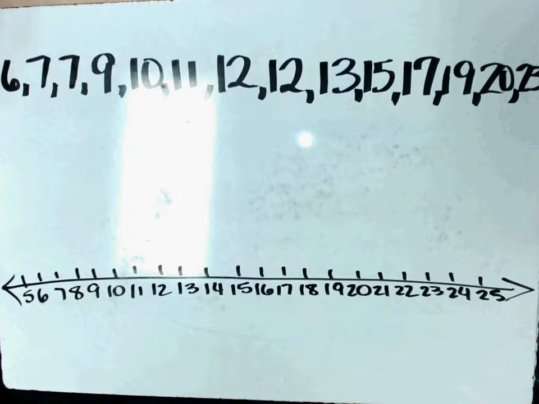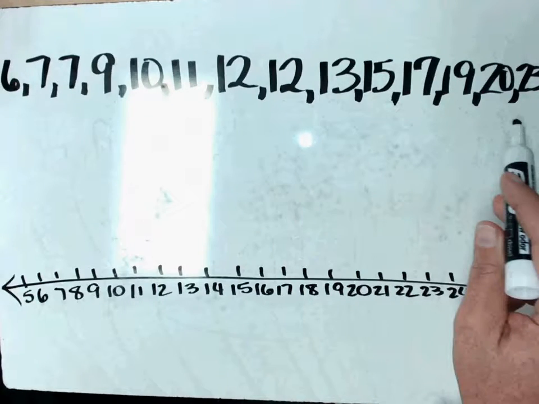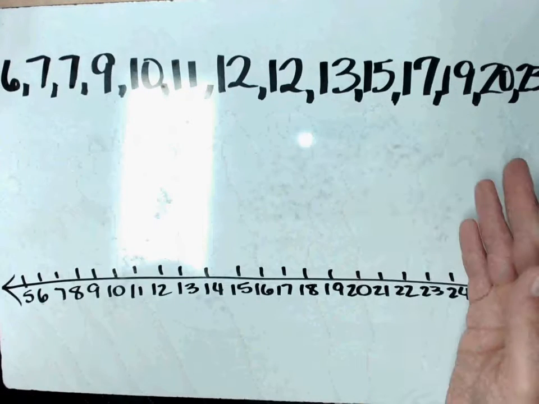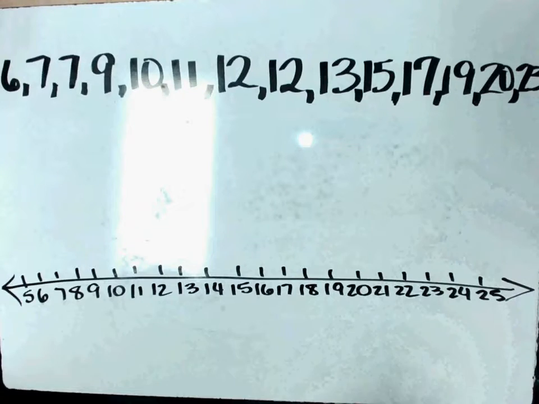To make a box and whisker plot, first you want to take a set of data and put it in order from least to greatest, which we already did. Okay, so now that we have ordered our data least to greatest, we are going to first find the